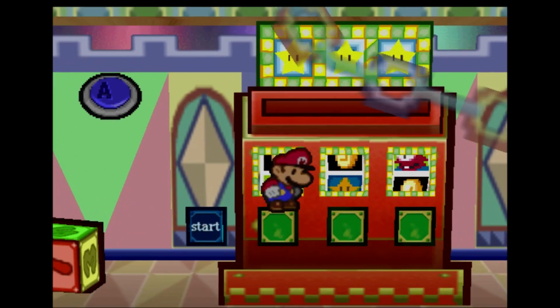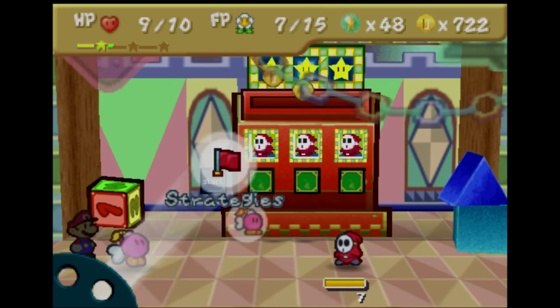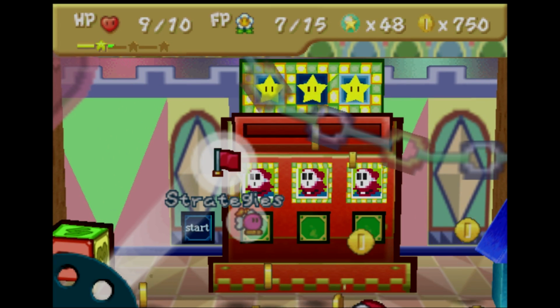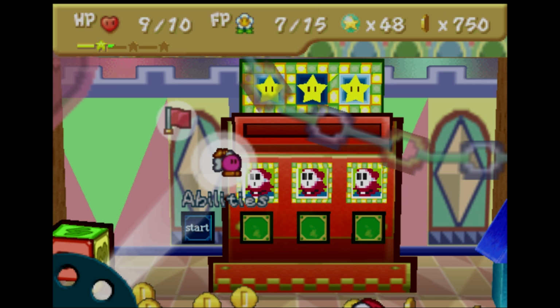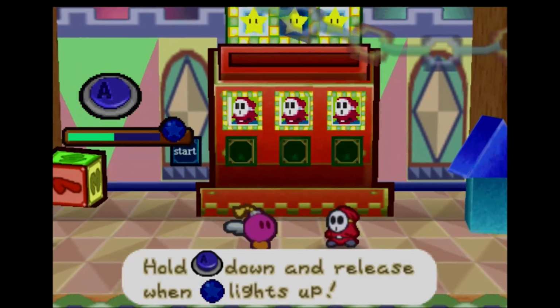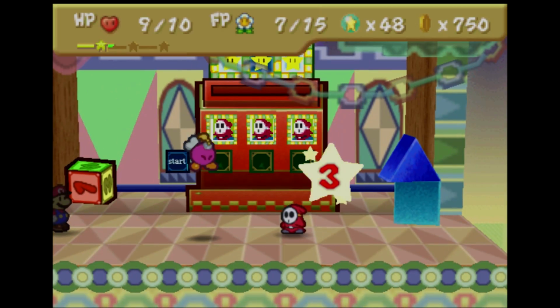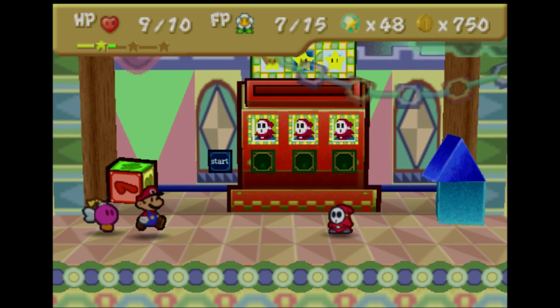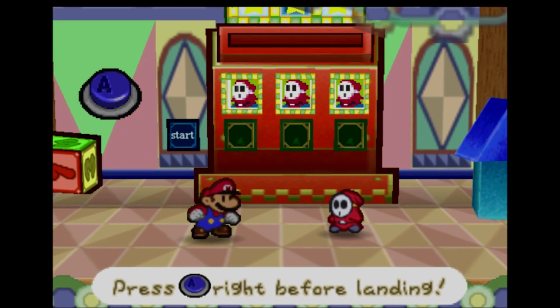Now, from my experience, you get nothing from hitting 2. But if you get 3 of a kind, even if it's Shy Guys, you get 30 coins. So if you get 3 of a kind for any of the symbols, you will get 30 coins. I've actually never managed to get 3 stars, but I'm guessing that is also just going to be 30 coins. I tried for like an hour, and I just couldn't get it, so... Well, I have bad luck. So you could get coins here if you wanted to, because the Shy Guy is really not much harm, but...